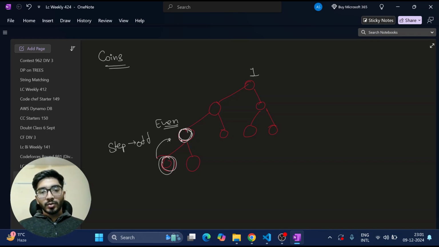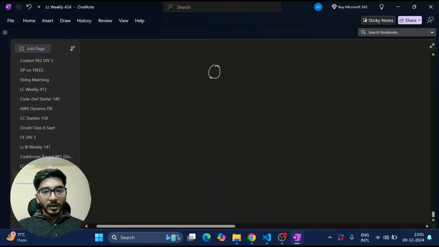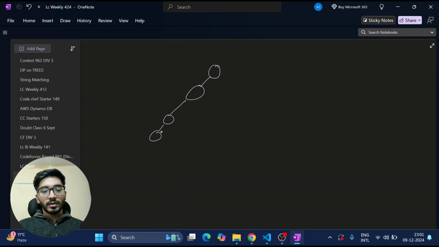Let's suppose you are at this particular node. Or let me make it clearer: suppose a tree is like this, that it has